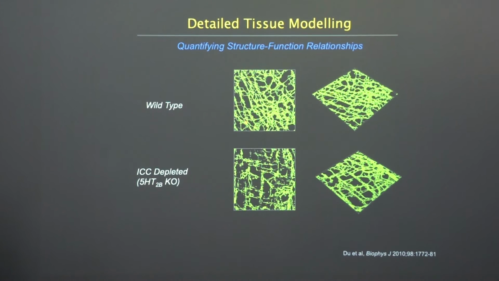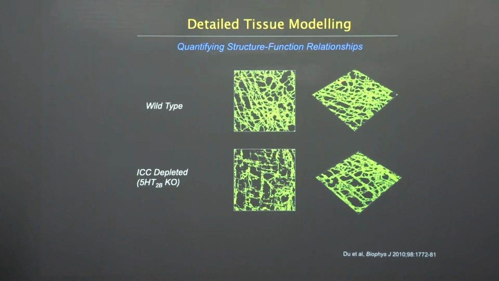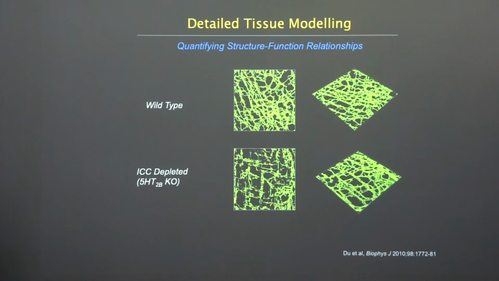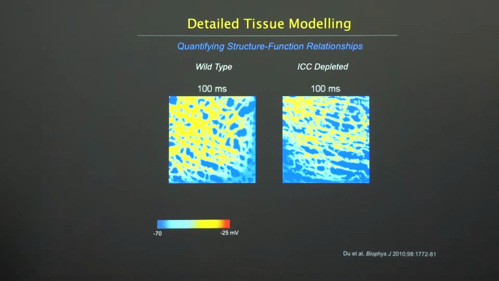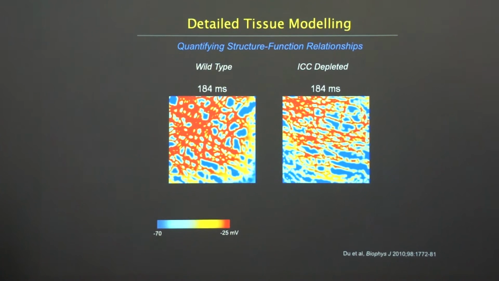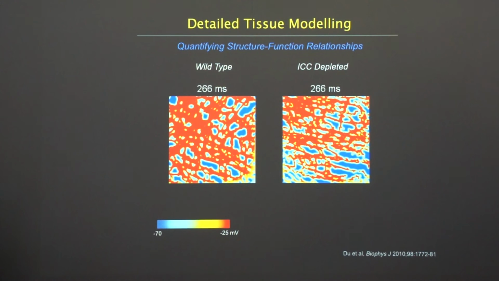And you can see two different types. On the left is our experimental tissue, so this is imaged actual tissue networks. Then we've got wild type on the top, which means normal, and the bottom is an ICC depletion, where it's been a genetic knockout. So we've depleted the ICC networks, and we're able to then translate and develop models to recreate these tissue structures, which then allowed us to integrate some of our cellular level electrophysiology data to model actual slow wave propagation through these networks and compare and quantify some of the differences or results of the ICC depletion